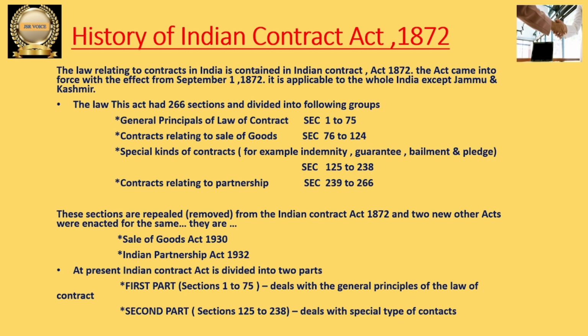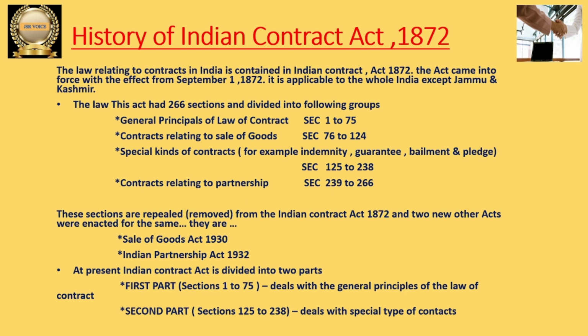It is applicable to the whole of India except Jammu and Kashmir. So we can't implement it in Jammu and Kashmir, and all the remaining states follow this act. In total, there are 266 sections in this act,